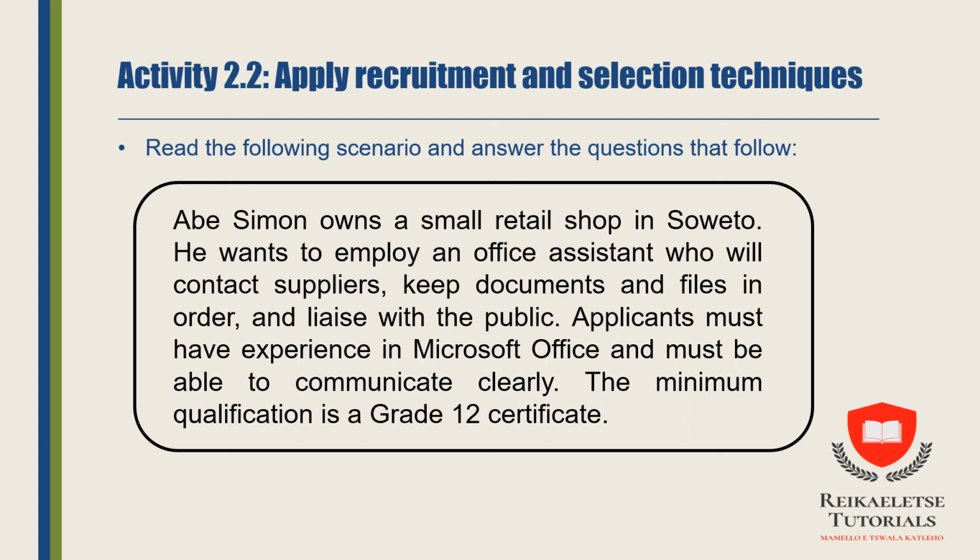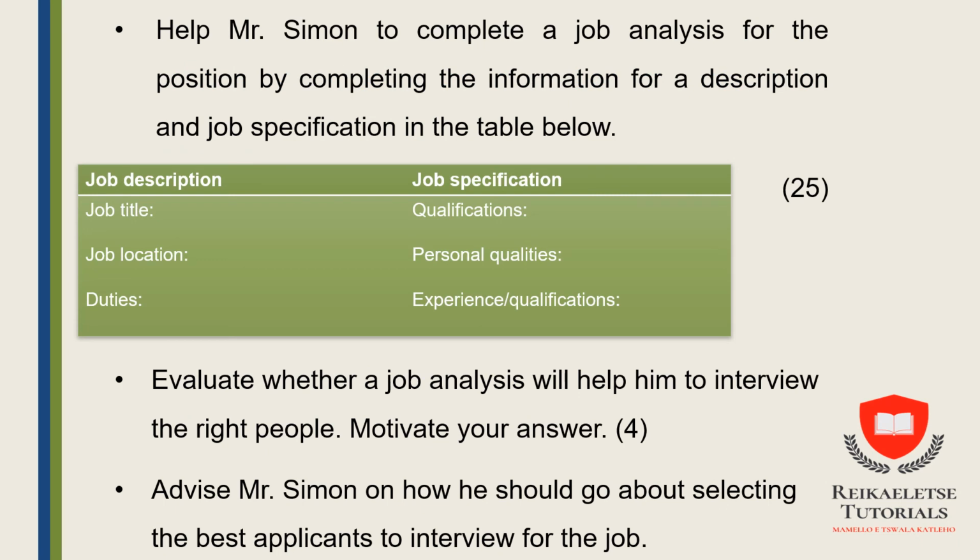Abe Simon owns a small retail shop in Soweto. He wants to employ an office assistant who will contact suppliers, keep documents and files in order, and liaise with the public. Applicants must have experience in Microsoft Office and must be able to communicate clearly. The minimum qualification is a grade 12 certificate. So now you have to help Mr. Simon to complete a job analysis for the position by completing the information for a job description and job specification